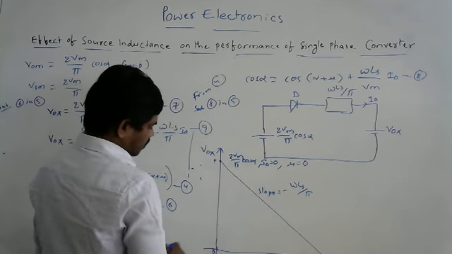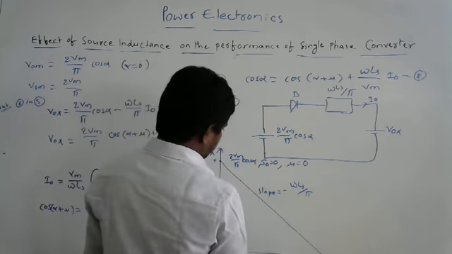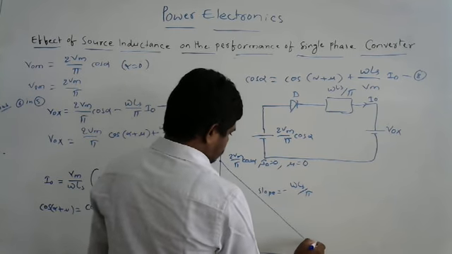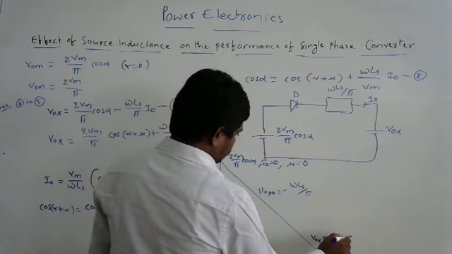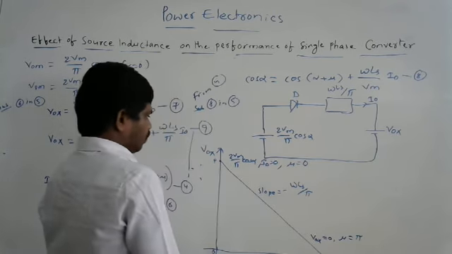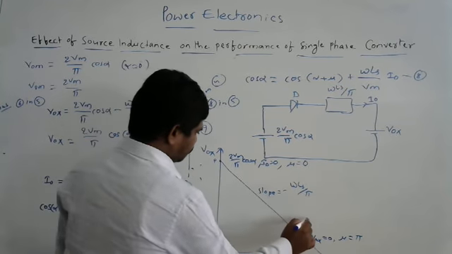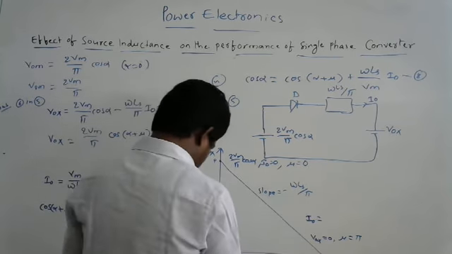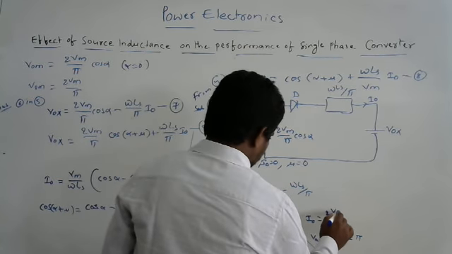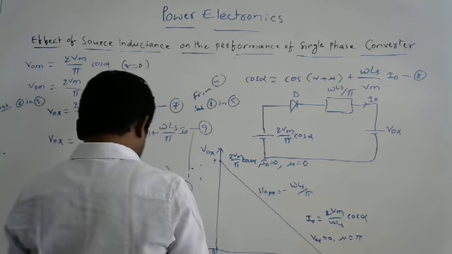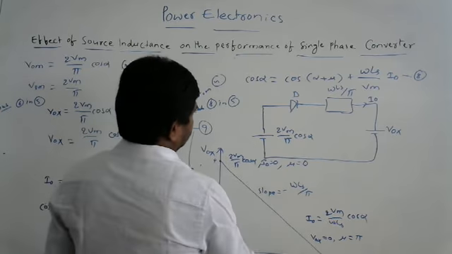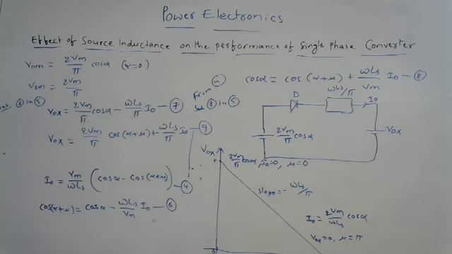Right? Then what will be this other point? Here V naught x is equal to 0, where mu is equal to pi. Okay, mu is equal to pi. So what will be the current value here? I naught is equal to 2Vm upon omega Ls cos alpha, if I am not wrong. Right? So this is the way the voltage regulation takes place in this single phase converter when the source inductance is present.